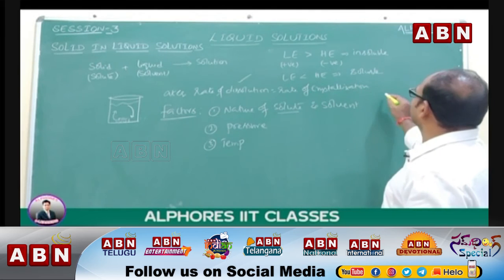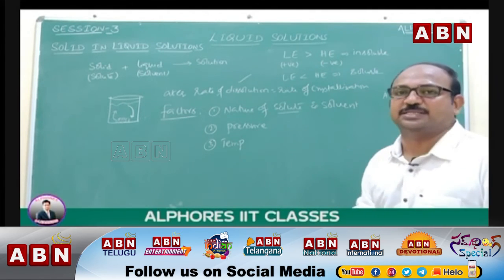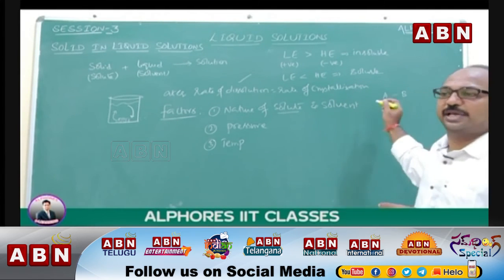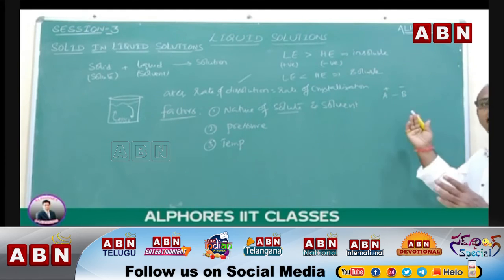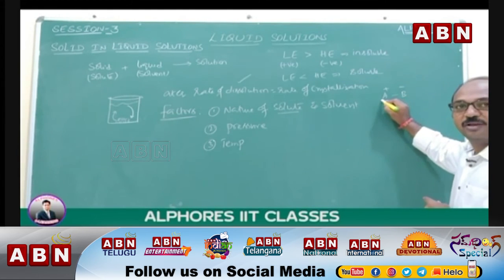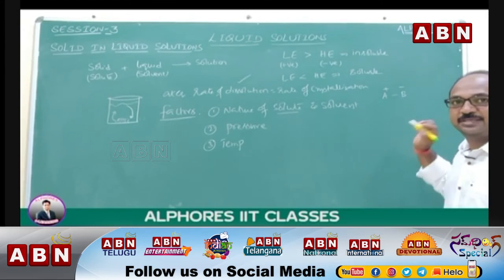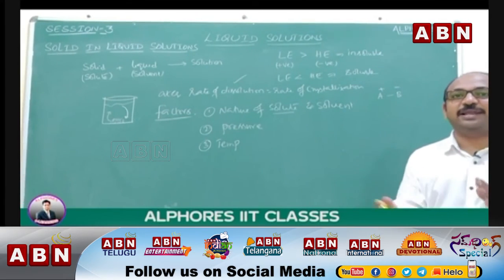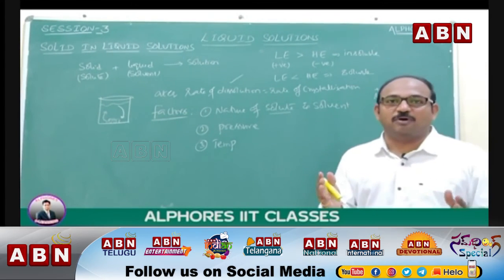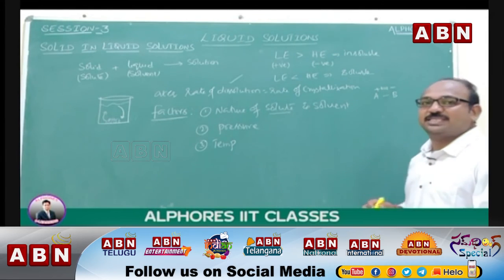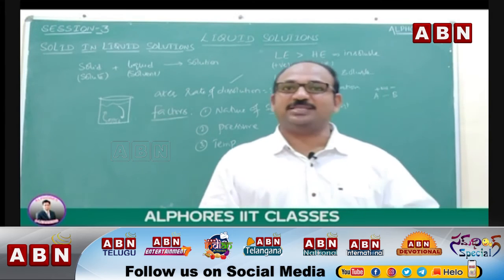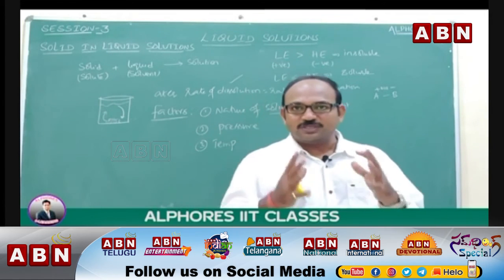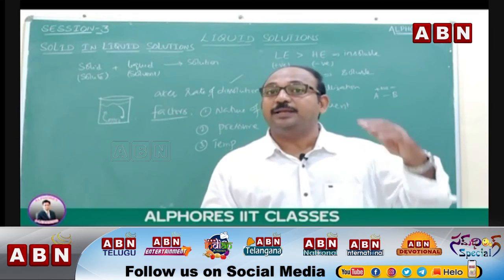Suppose an ionic compound AB is there, in which A plus is the cation and B minus is the anion. Because it is an ionic compound, there is an electrostatic force of attraction existing between these two ions, cation and anion. Then we place it in polar solvents, nothing but those solvents which have a high dielectric constant.